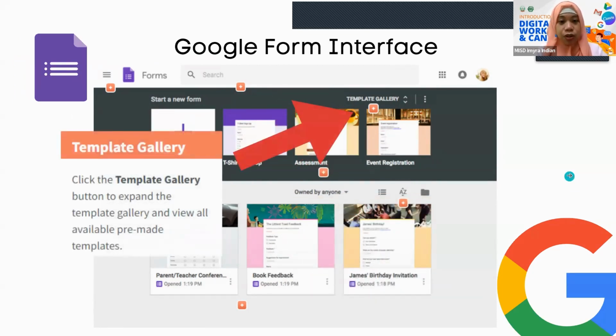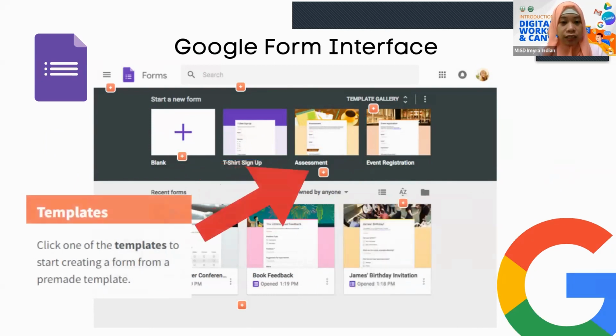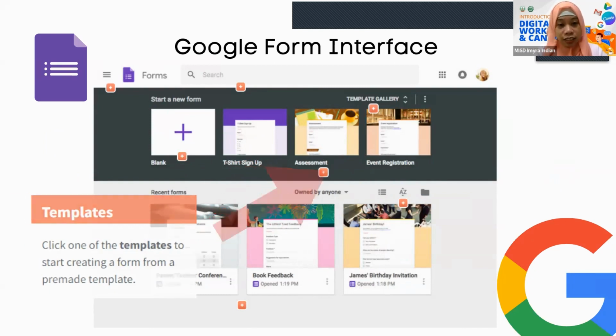Template gallery. So if you're a newbie to forms and you don't want to start right away with a blank form, you can choose the type of template you want. Next. The blank new form, you create a form from scratch. Next, the sample templates here. Next,